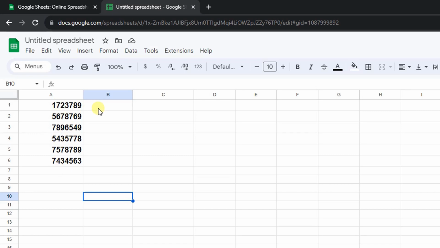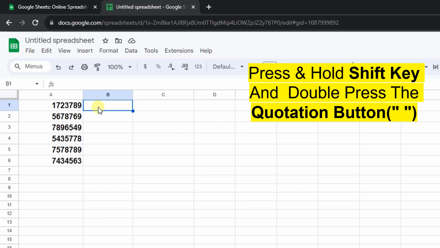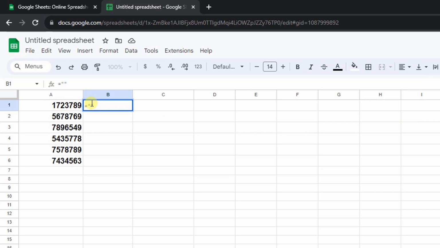So I need to select here blank column, then I need to write here or press equal button, then press and hold shift button and double click the quotation button, and in between this quotation mark I need to write here 0. After second quotation I need to write here and then select the number, press enter